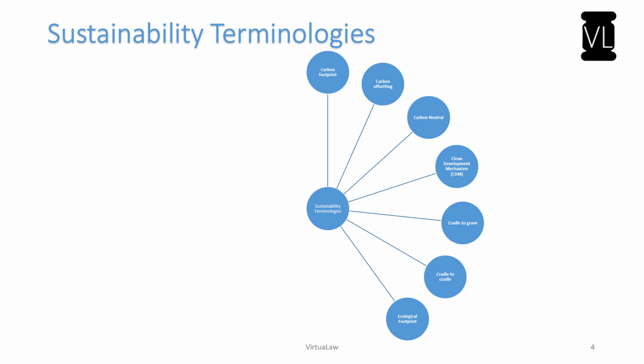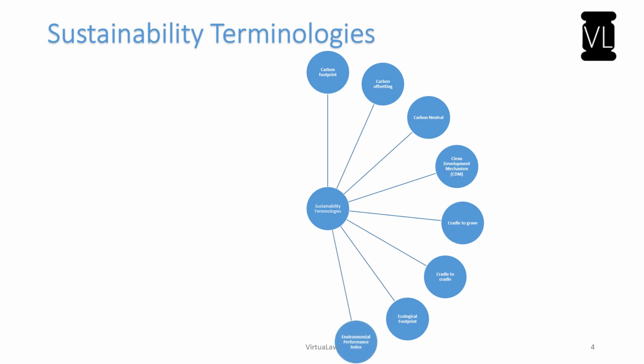So it doesn't just end there. The concept of ecological footprint also gives you data, or it represents the amount of productive land and sea area which is needed to regenerate the resources the human population consumes. Depending upon the demand the human population has on planet Earth, it will also calculate what level of productive land and sea are required for the use of humans. And in case there is any deficit, the measures to be taken to make sure the gap is filled are also discussed in the concept of ecological footprint.